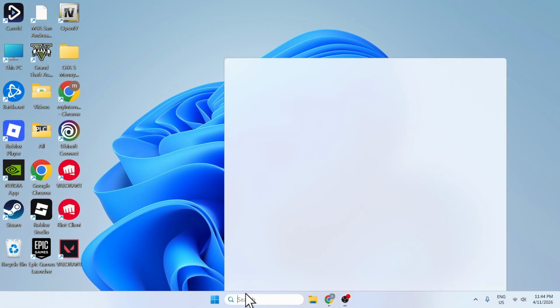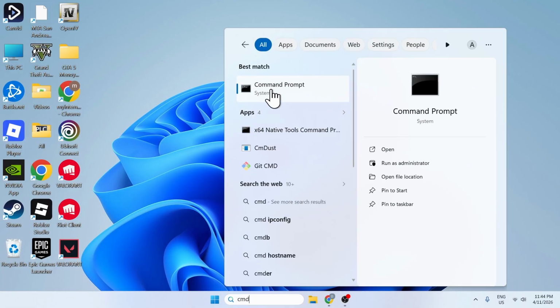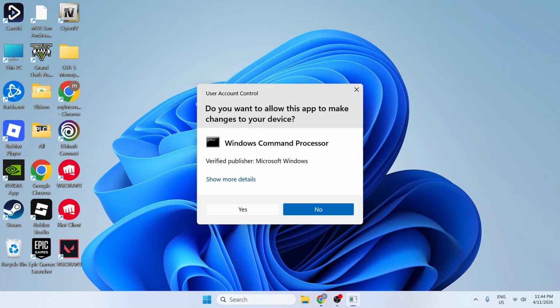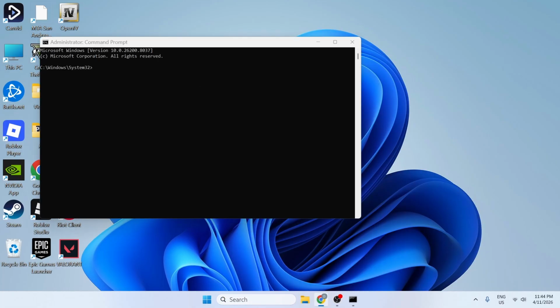And then the last thing we want to do here is go to CMD, right click, run as administrator, and then we will run these commands. So first ipconfig /renew, and then you want to run this second command. So after you run the first one and press enter, you want to run this second one, ipconfig /flushdns,